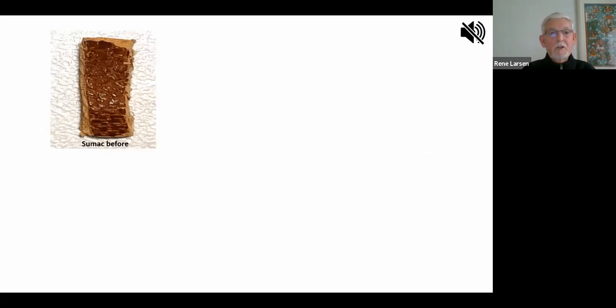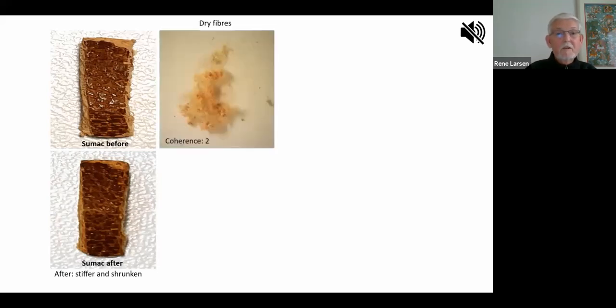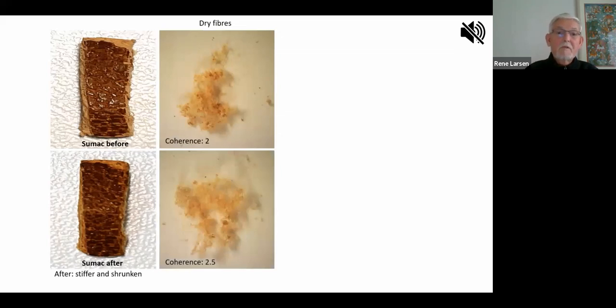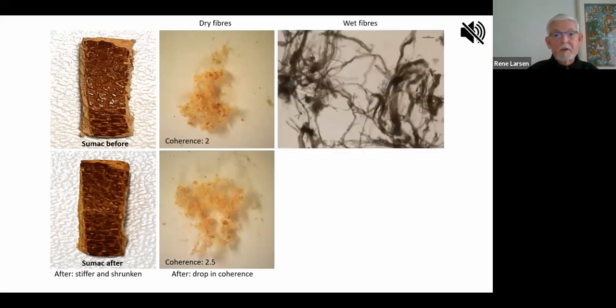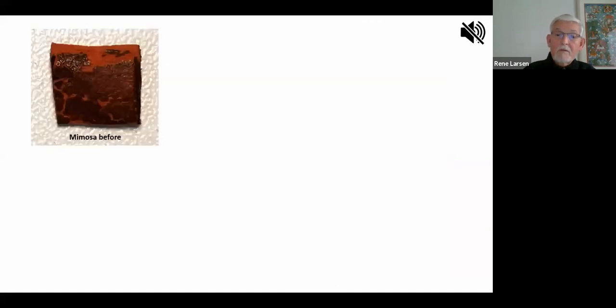So first, you will see that's a sumac leather stored in the British Library. And as you see, it becomes stiffer and shrunken. And now I have made samples by scratching. That's a method which I will present later on. And you will see a drop in coherence of the leather. And a wet fiber test where you see more shrunken hydrofluoric